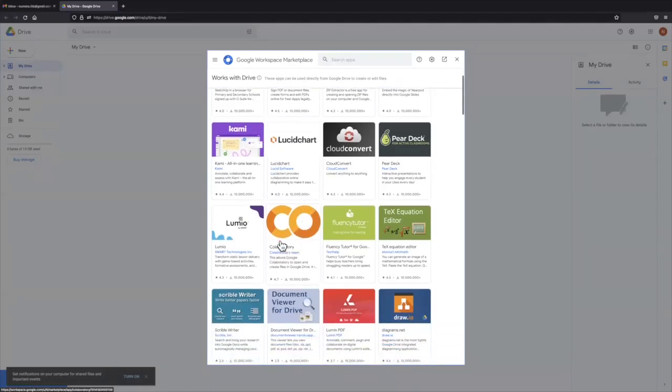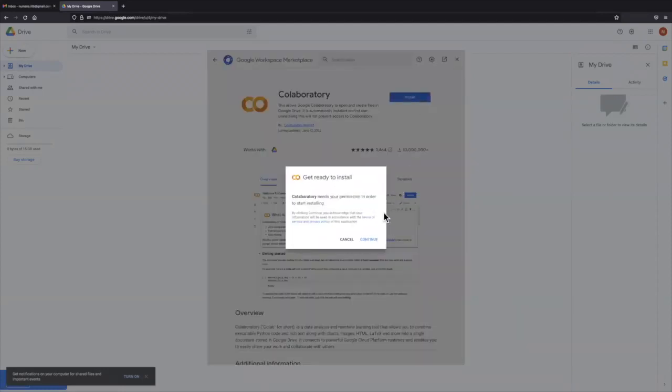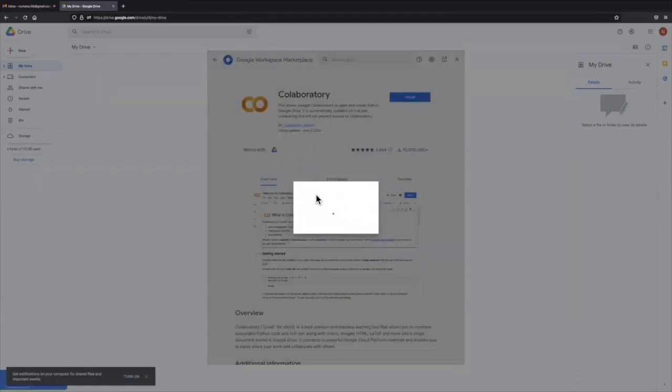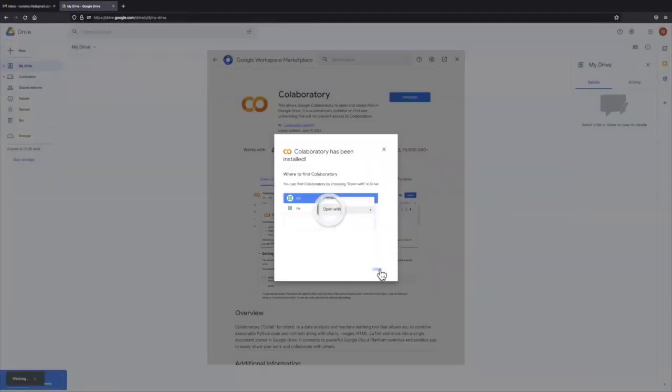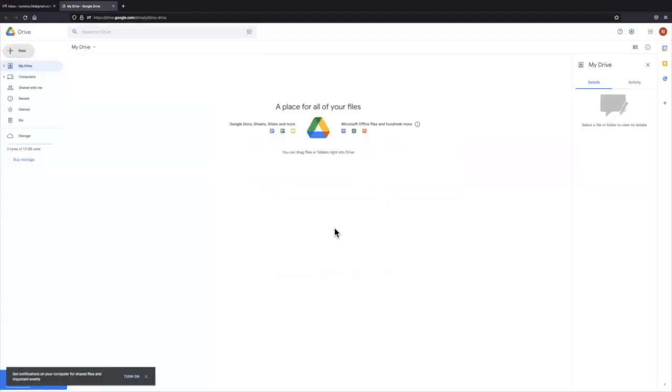And then choose the collaborator. This is what is called the Colab. So just click on the collaborator and then install it. This will install the Google Collaborator on your Google Drive. Nothing will be installed on your personal computer. It will be installed on your Google Drive. And now you can use the Colab